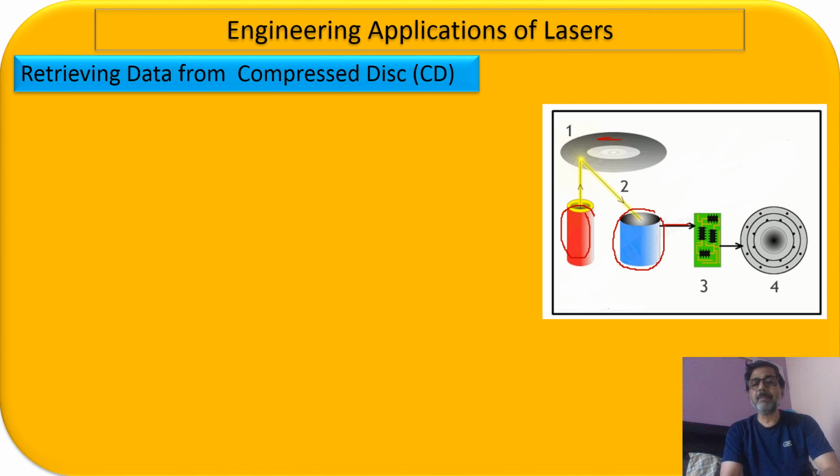Naturally, whenever the laser beam falls on the plain part, that is the unburned part, the light will be getting scattered, and that light will be recorded by your photodiode, and the photodiode will send that light to the electronic device, and the electronic device will say, I have received the information 1, right? Because the unburned part represents the information 1. Whenever no information is coming, the electronic device will record this as 0, because from the burned part light is not going to be scattered. So this is how we are going to decipher or retrieve the data from your CD.